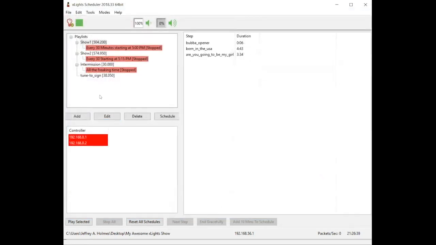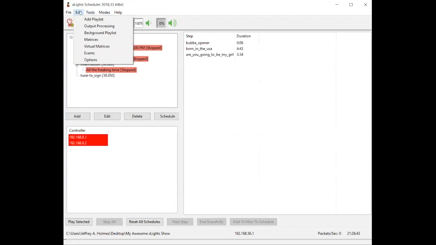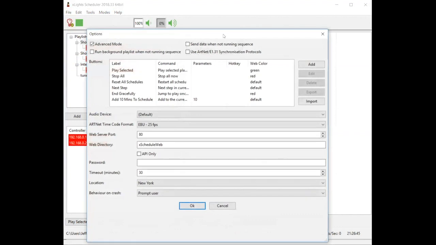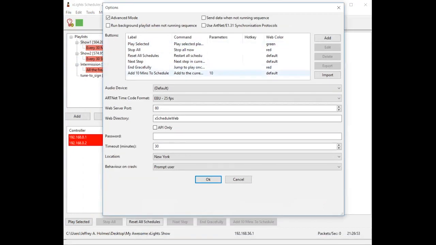Buttons are where things get really interesting. If you go back to edit and options, you'll notice that there are a bunch of labeled commands under buttons. These buttons are physically represented at the bottom here. Play selected, stop all, reset schedules, next step, end gracefully, add 10 minutes to schedule, which is a really great